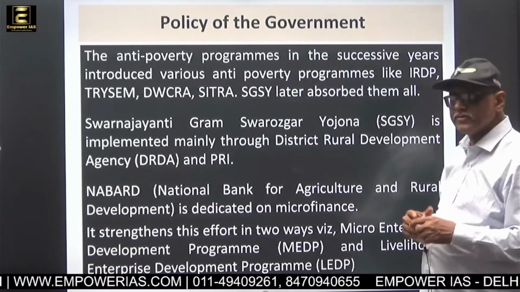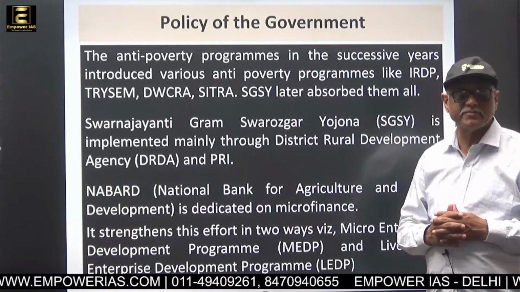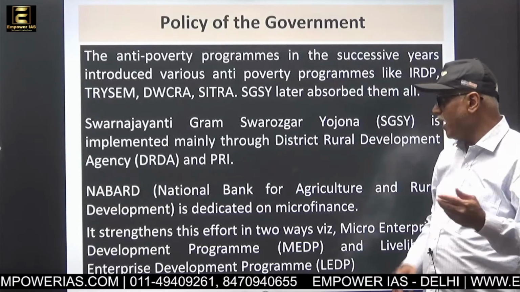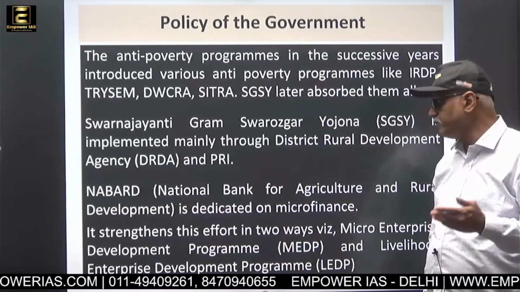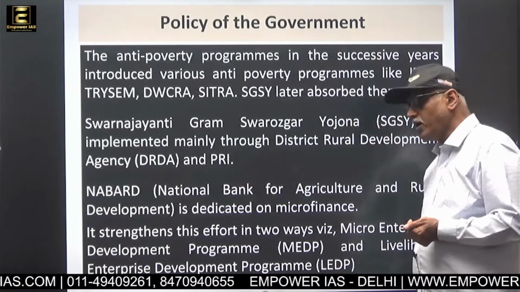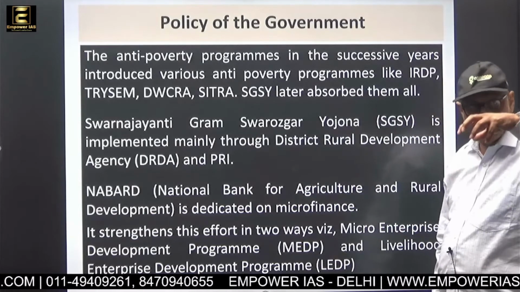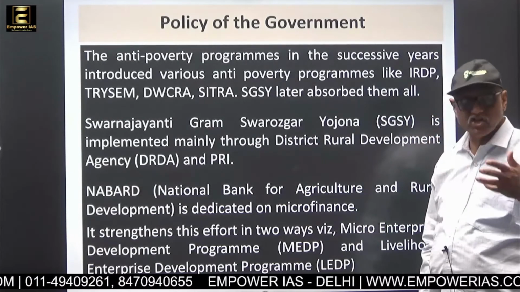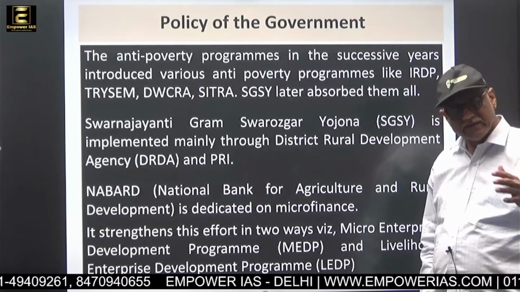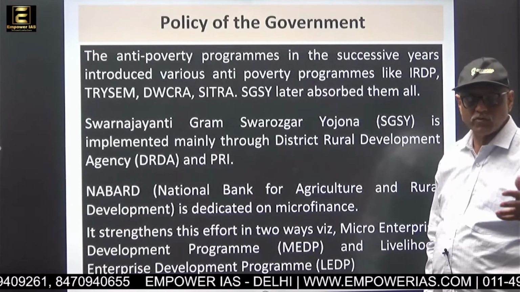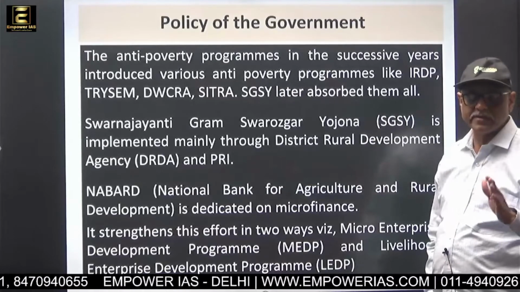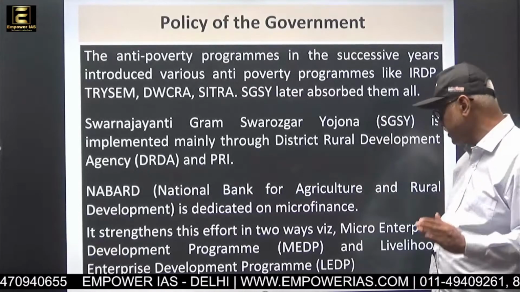It is mainly implemented through DRDA, that means District Rural Development Agency or Authority, and PRI, Panchayati Raj Institutions. NABARD is the main financial institution. It's called National Bank for Agriculture and Rural Development. That is specifically dedicated to promoting microfinance and rural development. Okay, so therefore they have a big role to play in seeing that the SHG initiative is strengthened in the country,